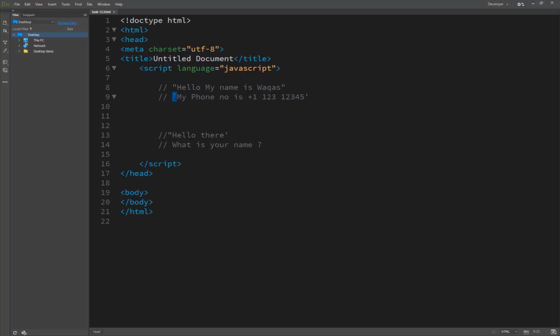It doesn't matter when creating any variable. So here is the correct variable, and we create a variable like this: var, and then we call it my variable is equal to, either in double quotes or in single quotes, it doesn't matter. So both are right, both are correct, valid strings.